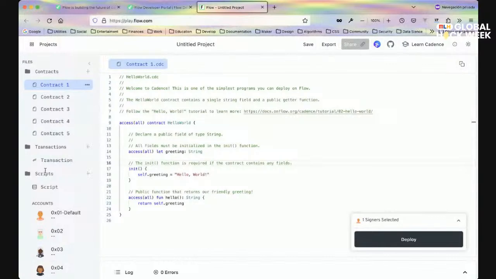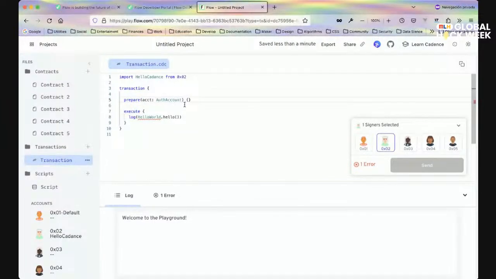And I will make a transaction. So first, I will select the second user because I know it has the contract I want to execute. I will import the contract Hello Cadence from the second account, and I will call a transaction. This is the reserved word for that. It must require a prepare method and an execute method. First, we need to authorize the account, acct equal to authorize, and the execute calls the Hello Cadence